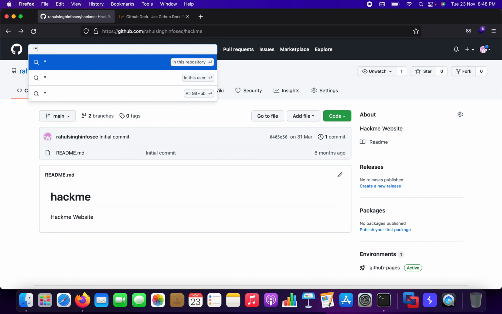Just for example, let's say you are on a Google VDP program. VDP is Vulnerability Disclosure Program, and you are looking for bugs specifically in Google. So let's just type in Google because I'm looking for snippets in Google. You can also type in org, but just for the sake of it, I'm just typing in Google.